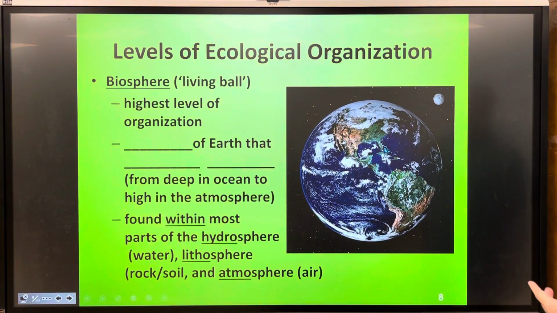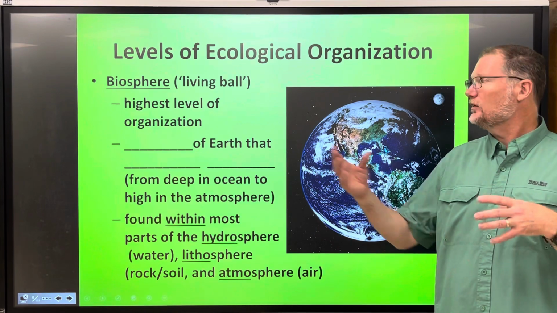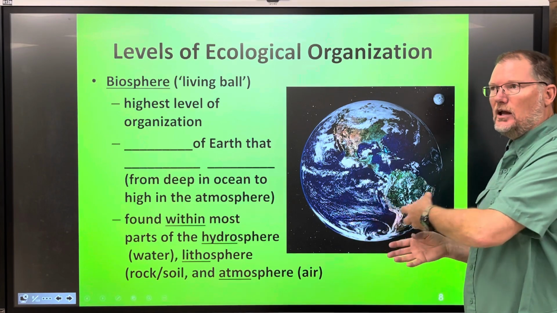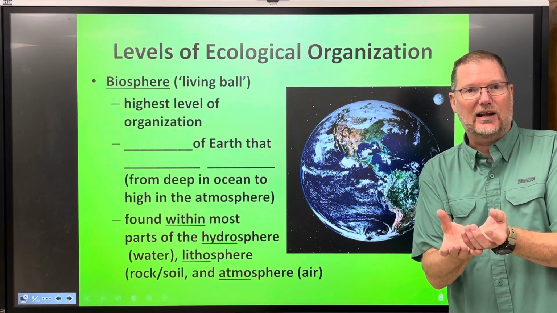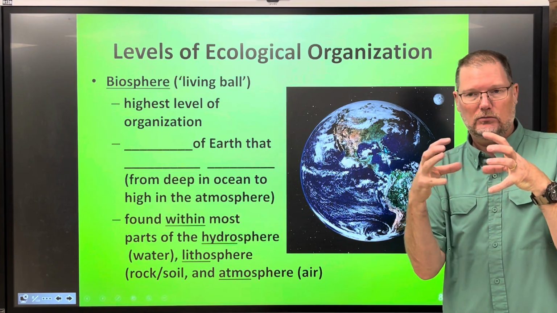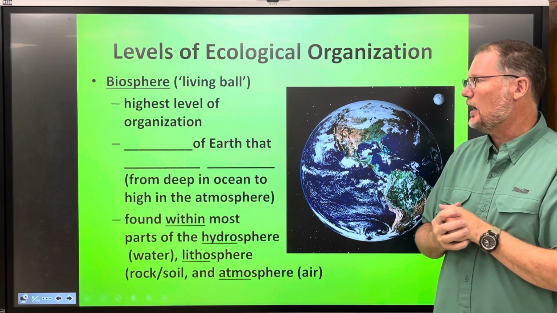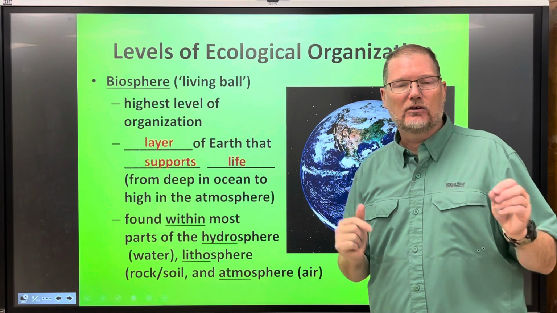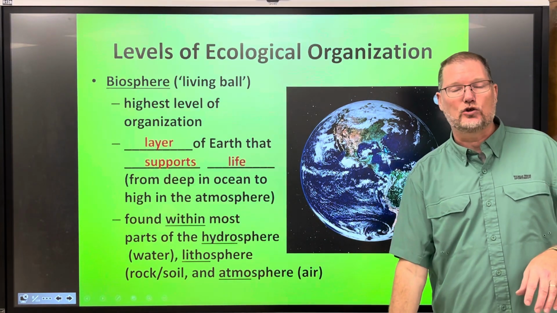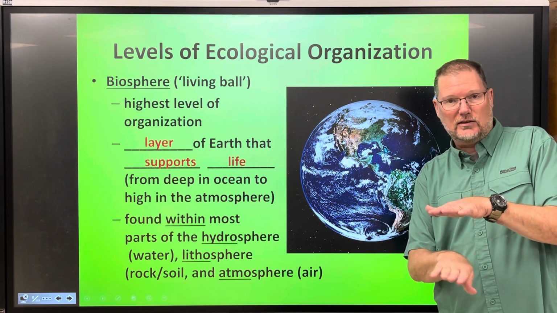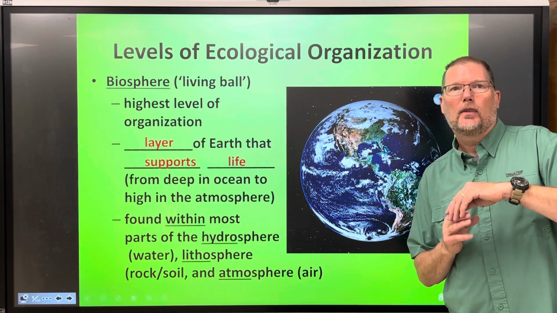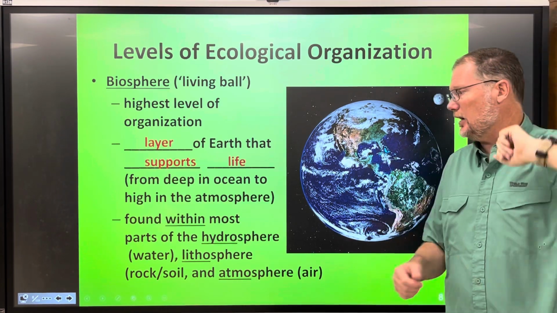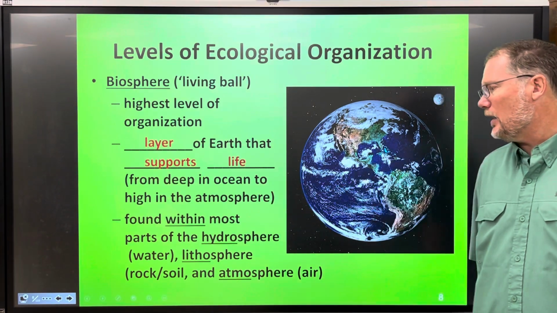And then finally, we have the entire biosphere, or the living ball. Bio means living, sphere means ball. So the entire planet encompassing all of those biomes that I just mentioned together in one nice little package flying through space, okay? It's the highest level of organization, and it's the layer of Earth that goes from the deepest part of the ocean, even a little bit underneath the bottom, to above the land where we're walking into the atmosphere, okay? So from the deep in the ocean to the high in the atmosphere, and